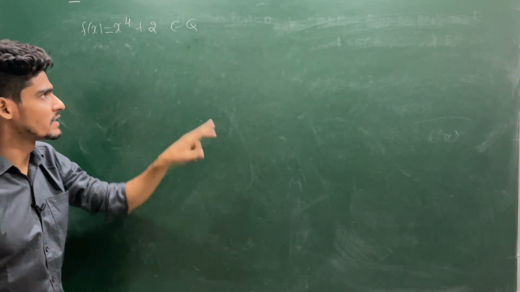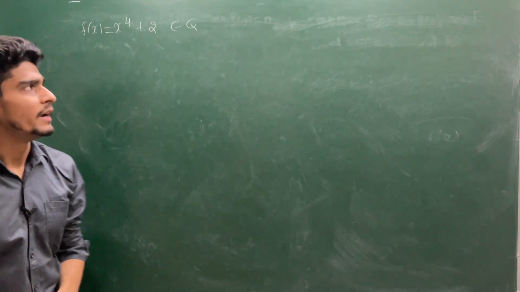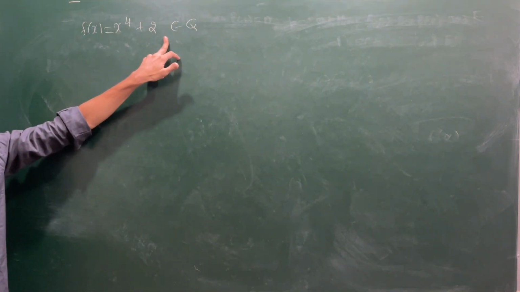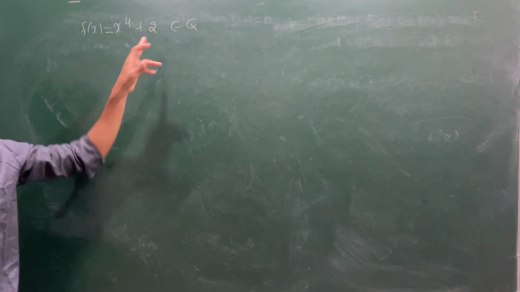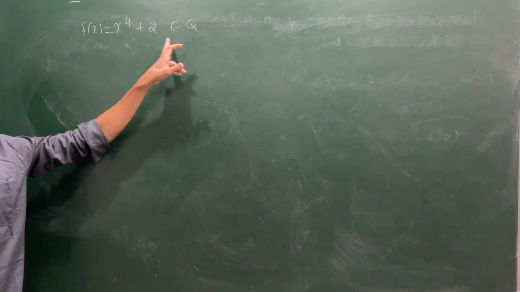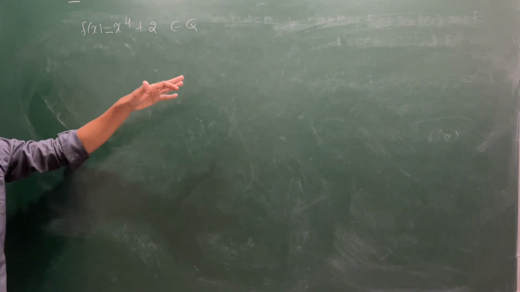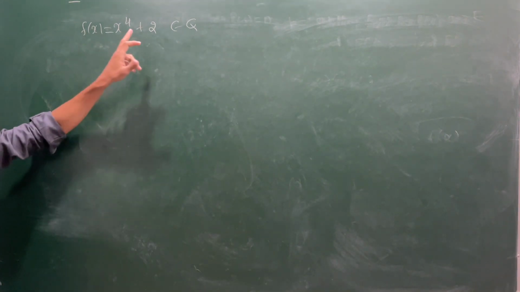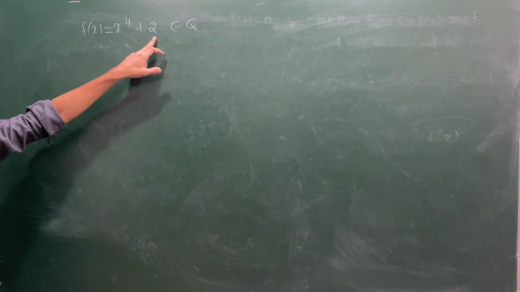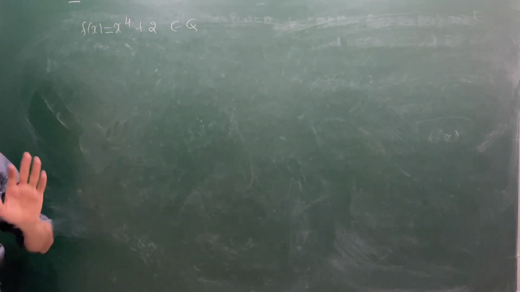This question has been asked in the GATE examination, and this is a direct copy-paste question from the Dummit and Foote book. If you see the exercise, you will get the question. That is why I always force you to study that book. You will get most of the concepts. This question is important not because it has been asked in the GATE examination, but because this question has nice properties.